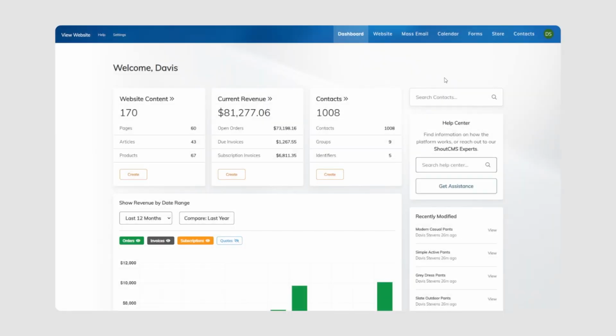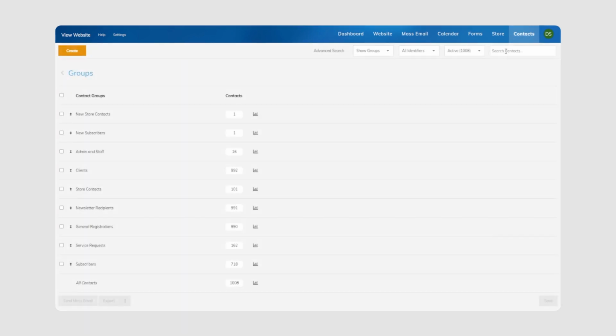In ShoutCMS, we can visit the Contacts area if we'd like to manage any or all of our contacts. Within the platform, contacts are individuals, locations, and even businesses that we can engage with through the other areas of ShoutCMS. Each contact is organized in one or more groups, which make it easier for us to quickly interact with certain contact segments. When we need to create a new contact, we can use the Create button in the top